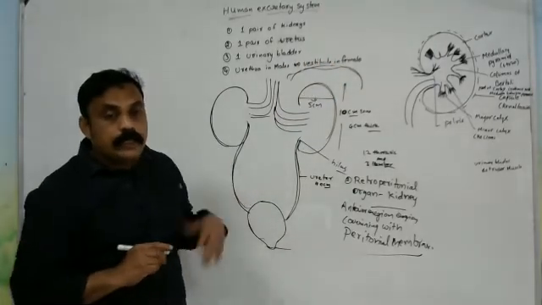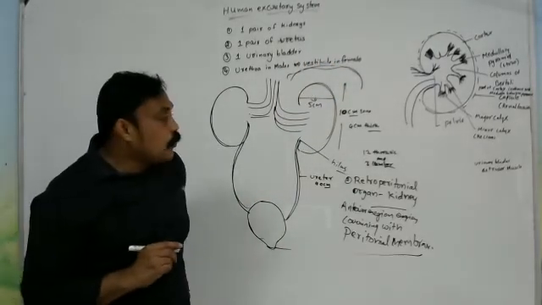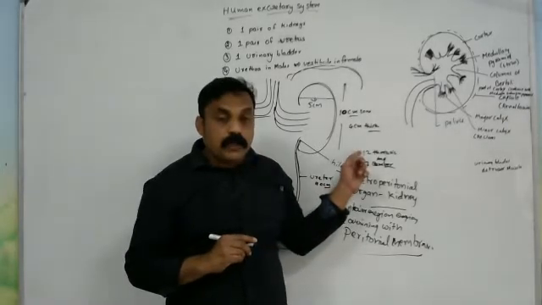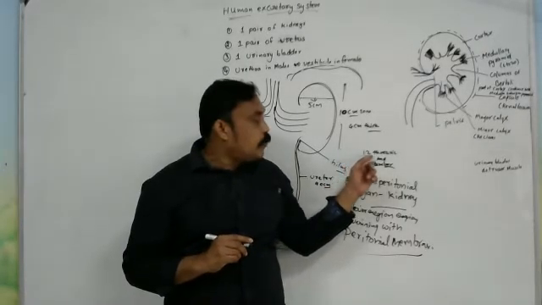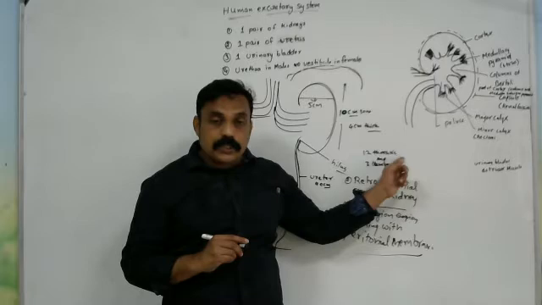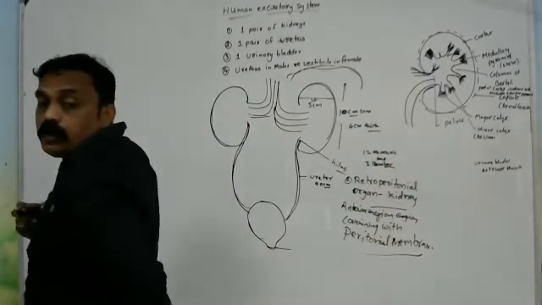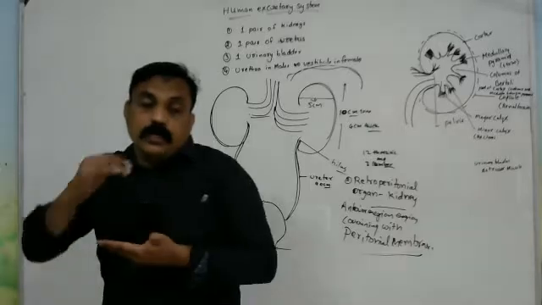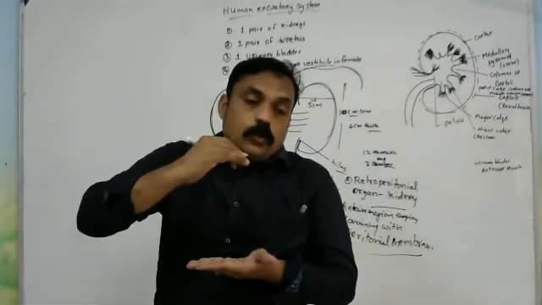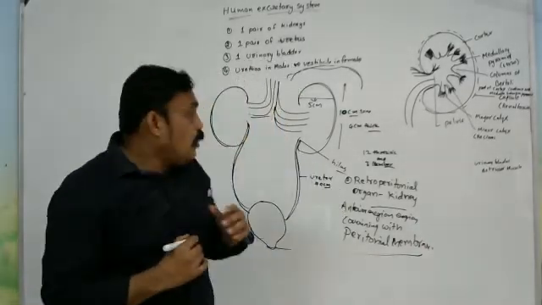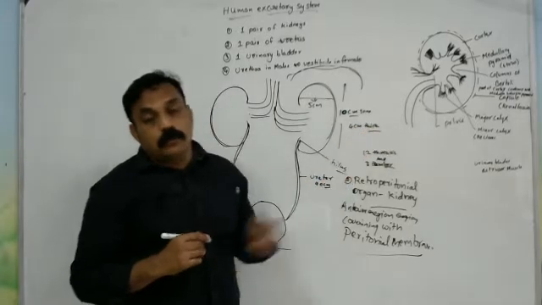It is located in the dorsal side, the abdominal dorsal region. The kidney is located between the 12th thoracic vertebra and the third lumbar vertebra. What do the vertebrae mean? That is the backside, where the spinal cord is. So it is located between the 12th thoracic and third lumbar region.